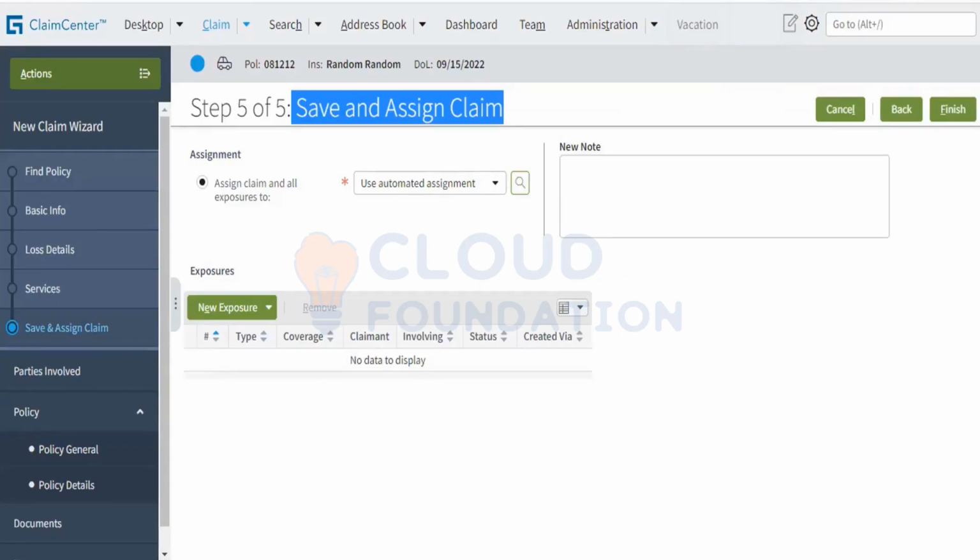Now, when the claim and exposure are created, they have to be assigned to an adjuster who would be doing further investigation of this claim, the primary assignee of that claim. We can do it in two ways. Either we can manually assign it to anyone, or it can be automatically assigned. How will it be automatically assigned? If we use automatic assignment,